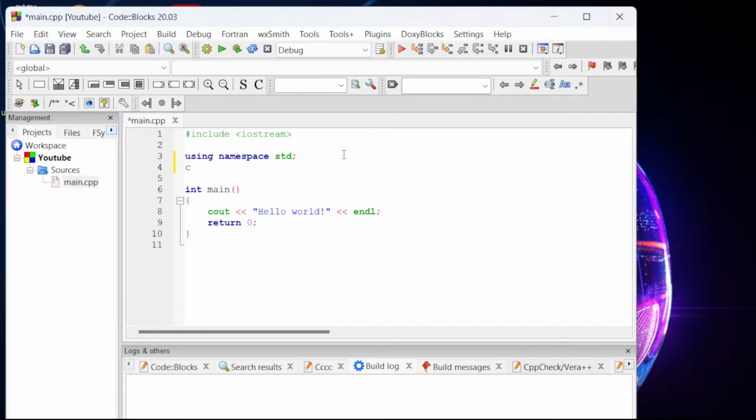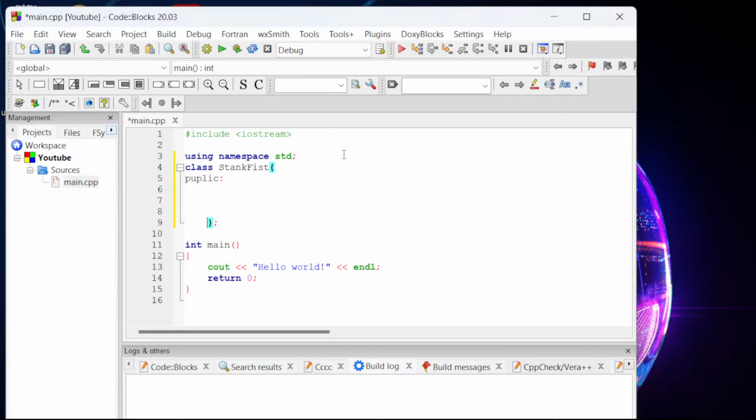So let's go ahead and do that. Class, and I'm going to put the name as Stankfist, and create a curly bracket, and inside of this one I create a public and a private variable. Okay, let's do that. Public function and a private function. Okay, now in the public I'm going to put something like Stankfist,